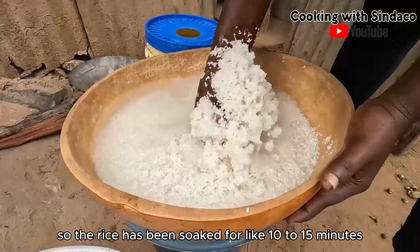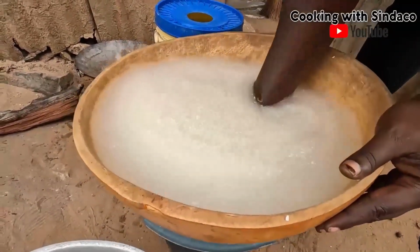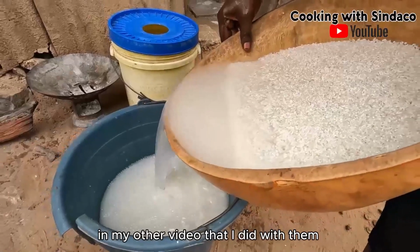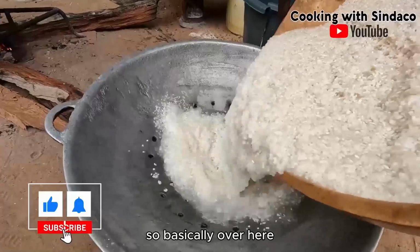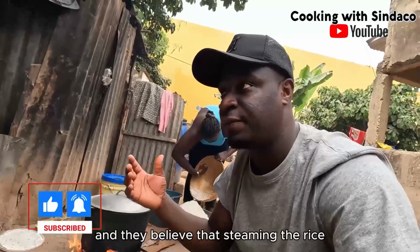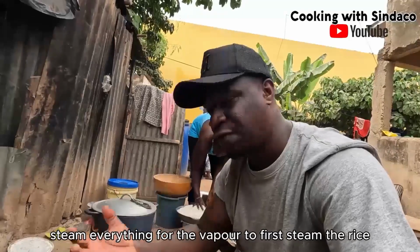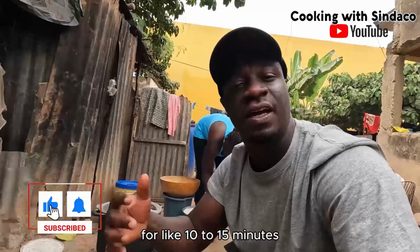So the rice has been soaked for like 10-15 minutes, and I believe we're about to steam it, because I saw this process in my other video that I did for them. And we're about to steam the rice. So basically over here they steam their rice before they cook or boil it, okay? And they believe that steaming the rice allows it to cook early when you are boiling it. So they steam the rice with the vapor for like 10-15 minutes before they pour